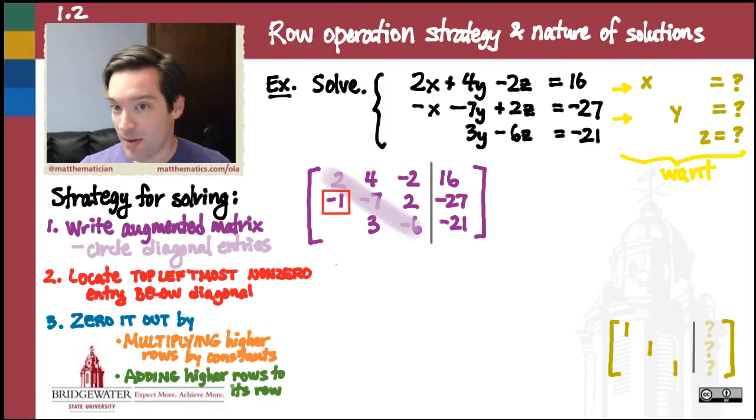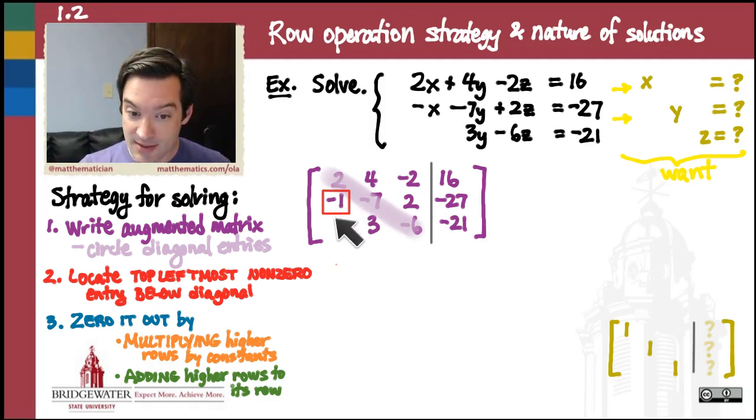Now, the hard part about this is choosing those steps in a way that's always going to lead us closer to our goal. It's going to give us a simpler, less intertwined system of linear equations, where x, y, and z are standing more on their own than they were before. And so that's where the strategy is going to come in handy. And that strategy tells me the first number I'm going to try to knock out is this -1. And I'm going to do so